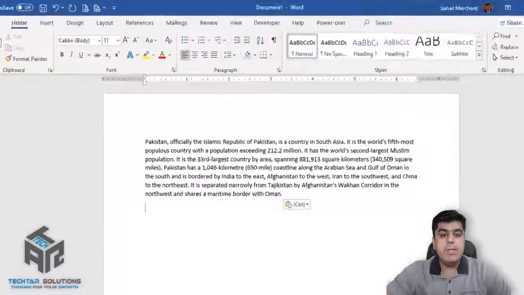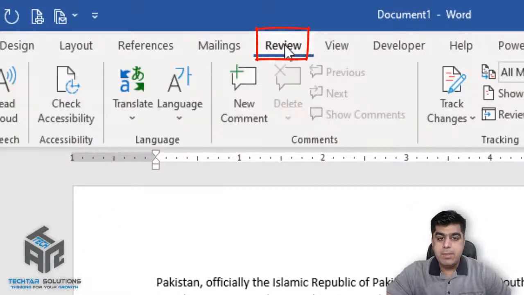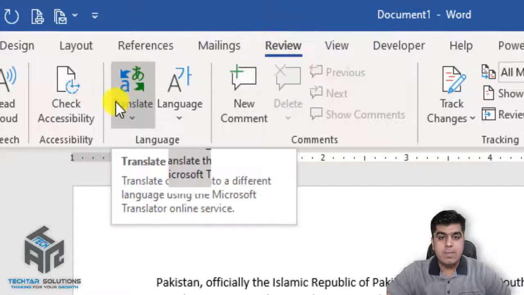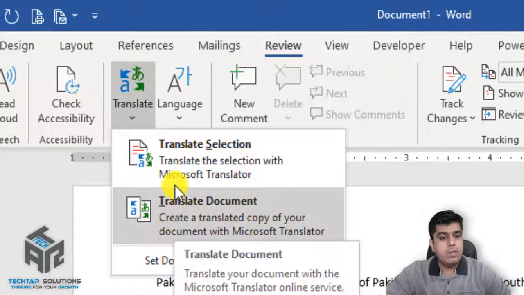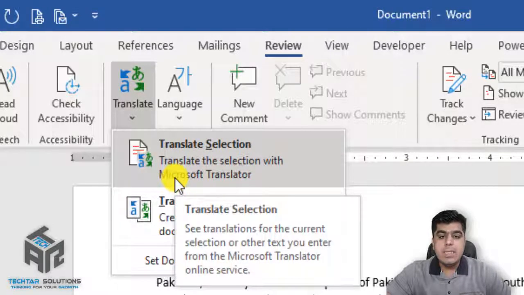First, you need to go to your Review tab, and under this Review tab you can find this Translate option. Now when you click on this Translate option, you can find two further options, Translate Selection and Translate Document. Translate Selection means that you want to translate some part of your text, paragraph or document.